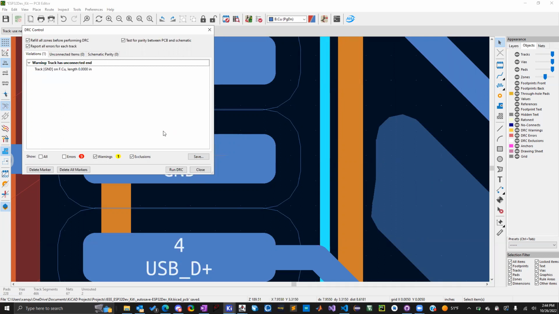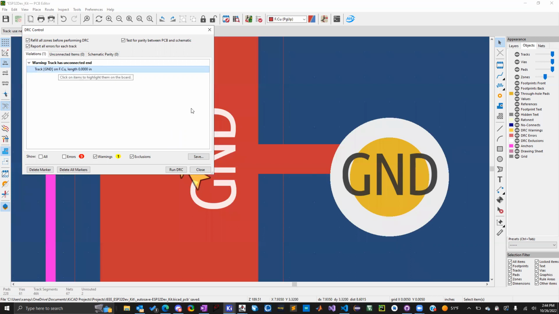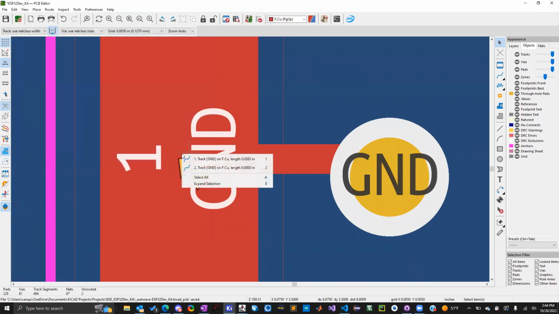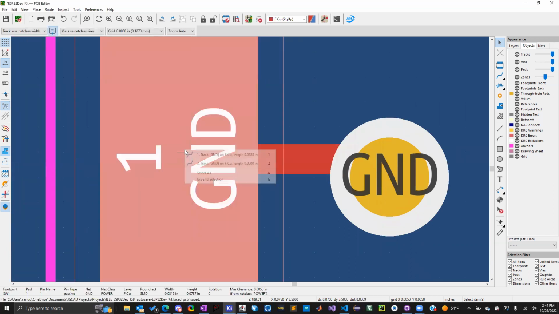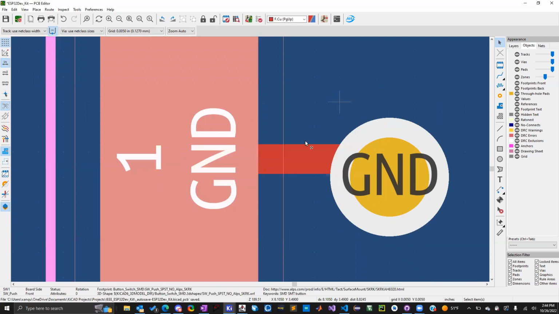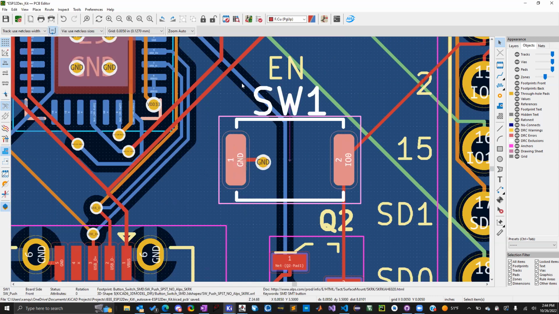Yeah, serious pain. You have no idea how long it took me to learn that one. Those tracks being stuck under the bed. Okay, we're charging. So here's another unconnected end. If I click on where I think the track is within the pad, it'll show you there's two overlapping tracks. And then